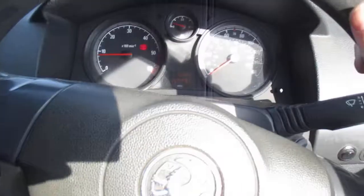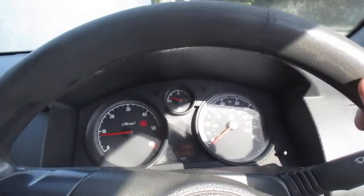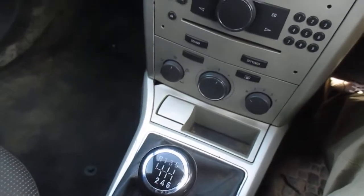It's from an auction, it's an ex-plant thing, and I'll just whack it in neutral while I'm talking about it. And also it does feel very nice, and it's only a 1.7. 157,000 miles, which again probably isn't worth much of a carrot for one of these. Lecky windows, 6 forward gears,